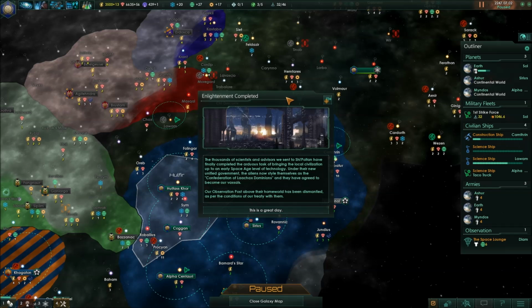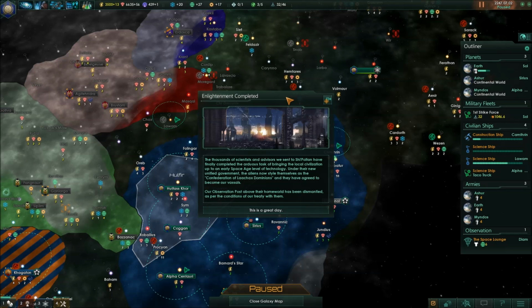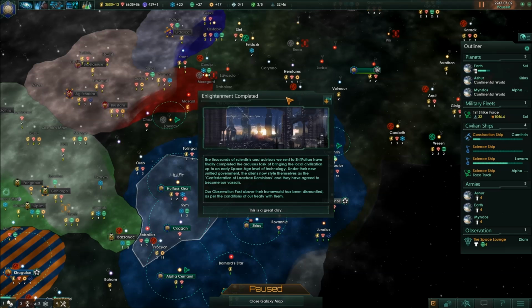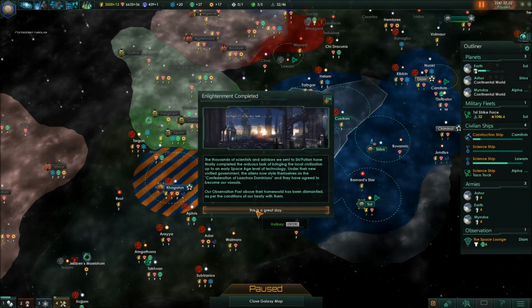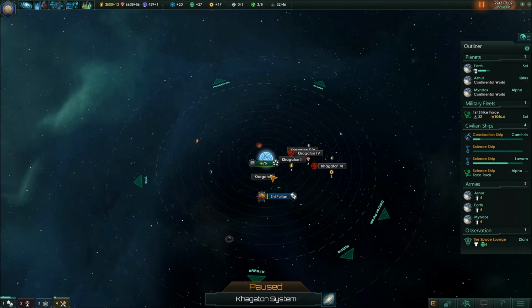We've got some enlightenment to discuss. The thousands of scientists and advisors we sent to Poltan have finally completed the arduous task of bringing the local civilization up to an early space age level of technology. Under their new unified government, the aliens now style themselves as the Confederation of La Chak's Dominions, and they've agreed to become our vassals. Our observation post above their homeworld has been dismantled as per the conditions of our treaty with them. It is indeed a great day, and one of the first things I am going to do,